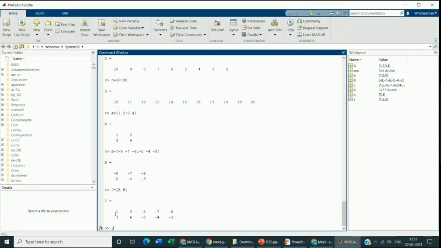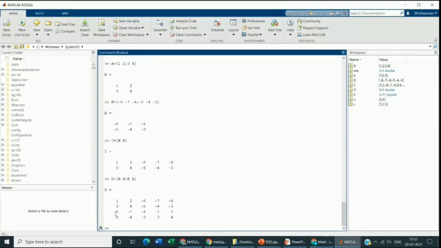Now we will see the matrix for D. As you can see, 1, 2, 3, 4 is the matrix A, and as B is side by side, the -8, -7, -6, -5 is presented here.